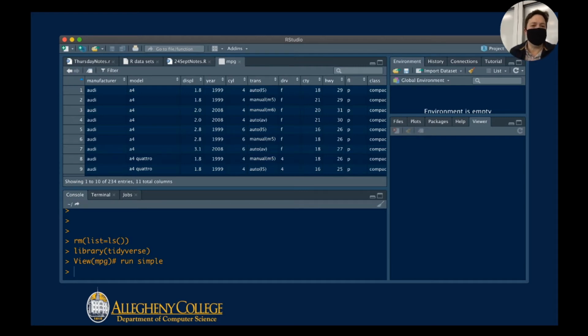So here we are, the manufacturer, the model. We have the displacement. The displacement is a metric of how much energy it takes to move the car. So heavier cars have a bigger number. I'm looking at this line right here where we have Audi A4 3.1 2008. Because I have this 3.1 number, this suggests to me, just by the data, that the displacement for the A4 is 3.1, a heavier car than the Audi A4 from 1999, which has a displacement of 2.8. Now, they're both kind of heavy cars, but they're nothing near as heavy as the A4